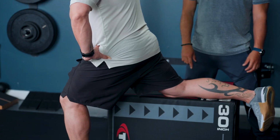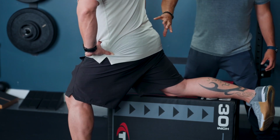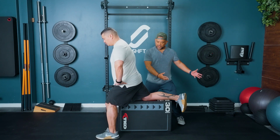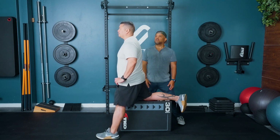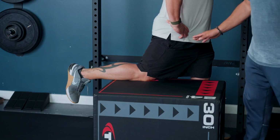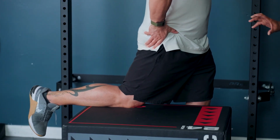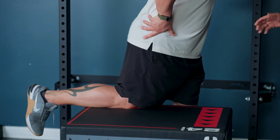Something that you could also try is activate this glute right here. Okay, so this glute muscle right here, you contract it by pushing that hip forward and extending the hip back further. Hold it there for a few seconds, and then when you're ready, exhale, relax it, and then stretch it more. So from another point of view here, with that hip flexor stretch, hip extension, we're gonna contract the glute muscle right there,